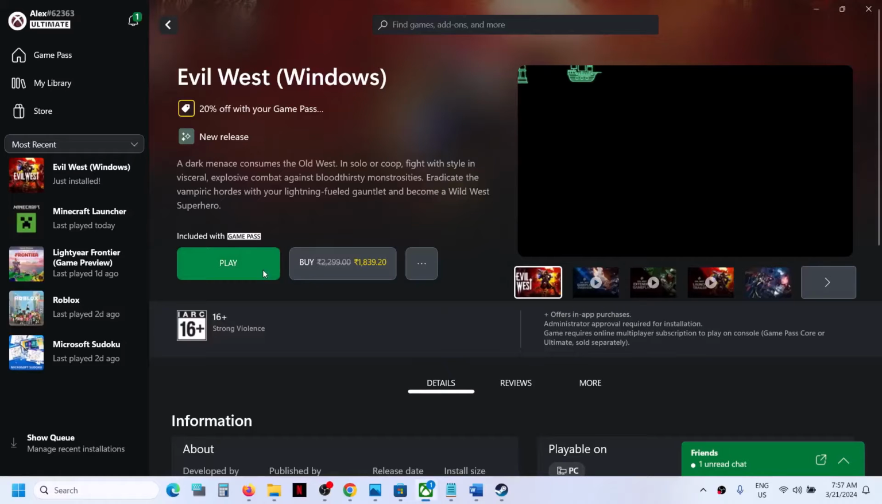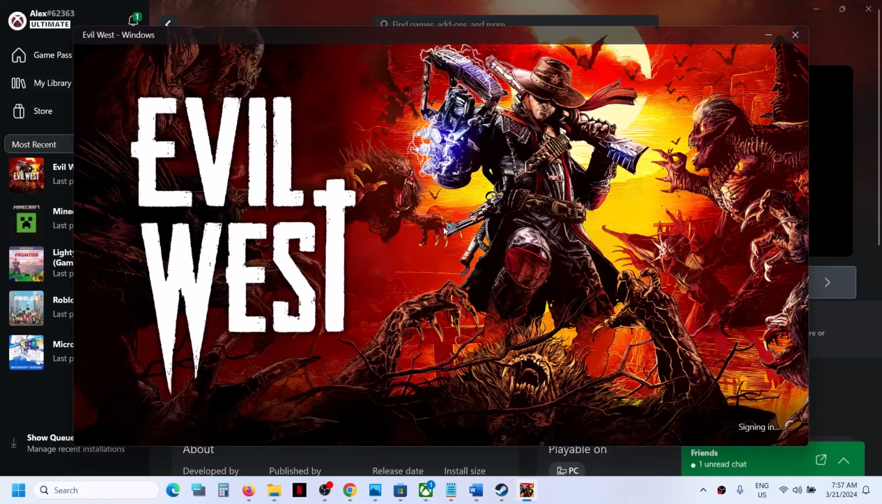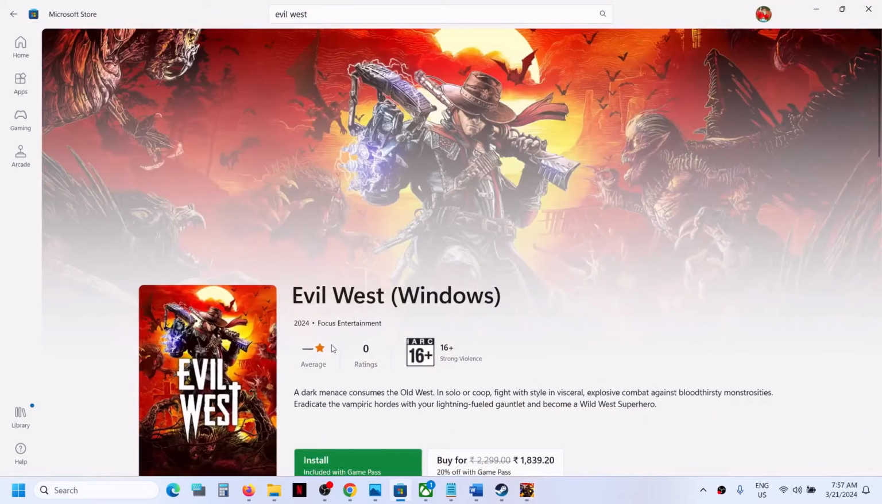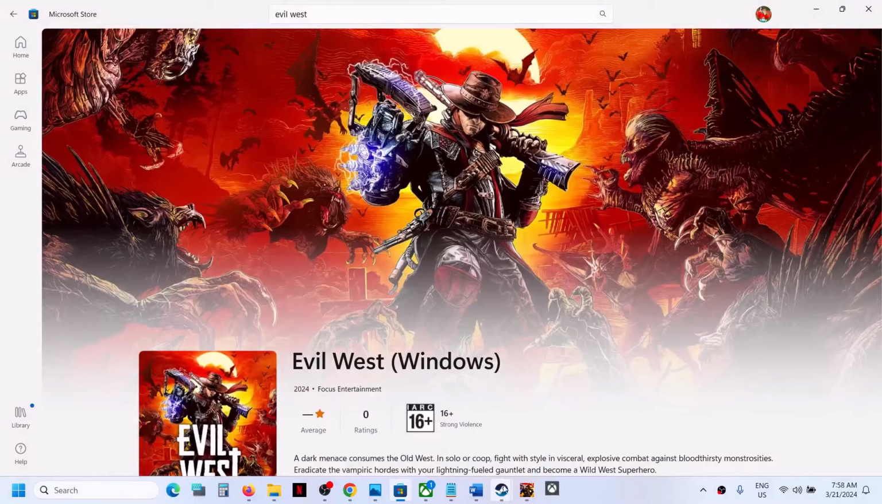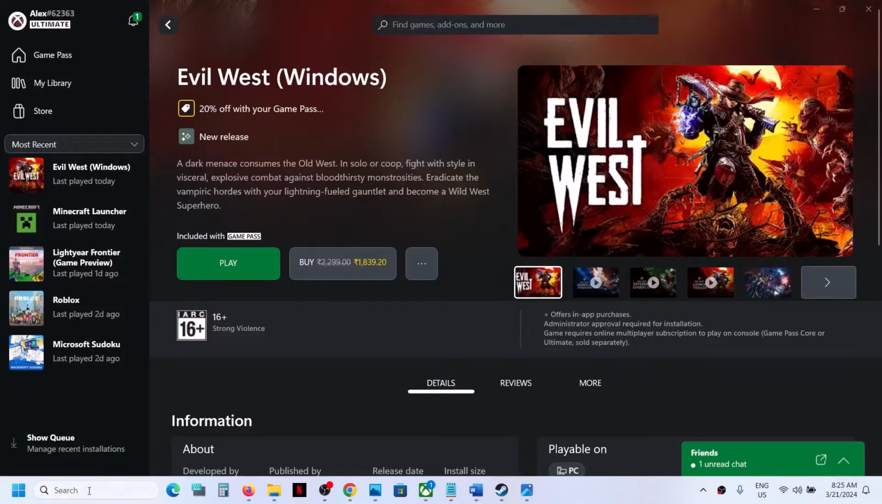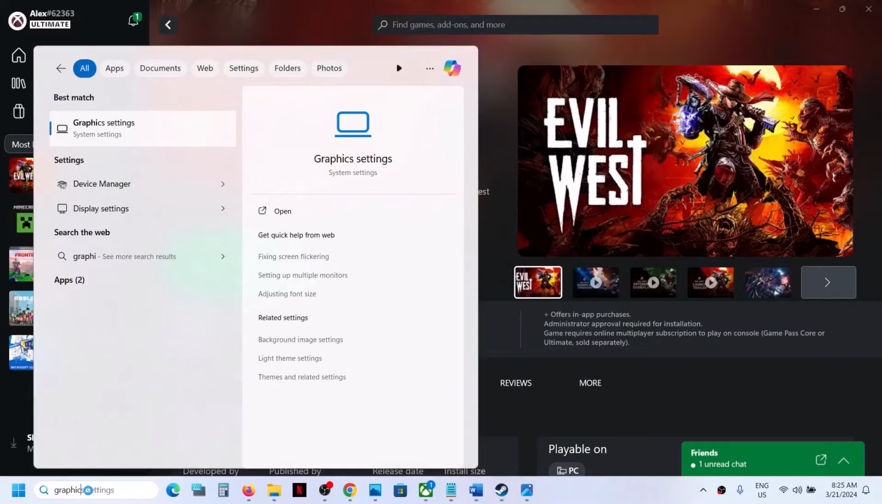Today in this video I'm going to show you how to fix when you are unable to launch Evil West game from Xbox app, or if you are unable to launch it from Microsoft Store, then please follow the steps shown in this video. So first of all, type in graphics settings in Windows search box and then click on